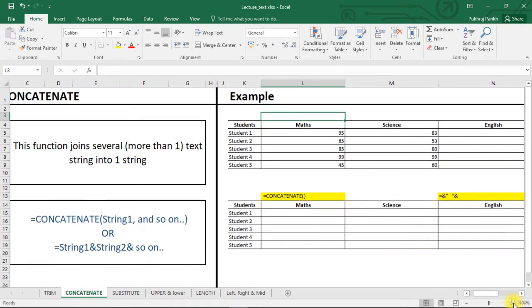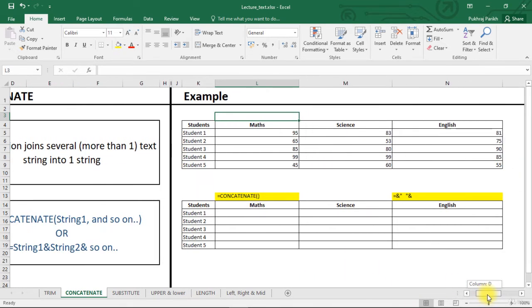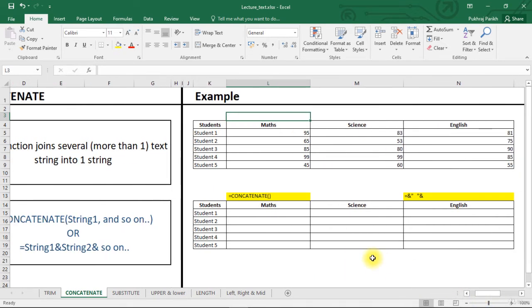Suppose I have two strings in two cells. Let's say first cell contains first name and second cell contains last name. Now how do we combine these two strings to create a full name? For such situations, we can use concatenate function to combine the two strings. Let's first try to combine English, math and science.